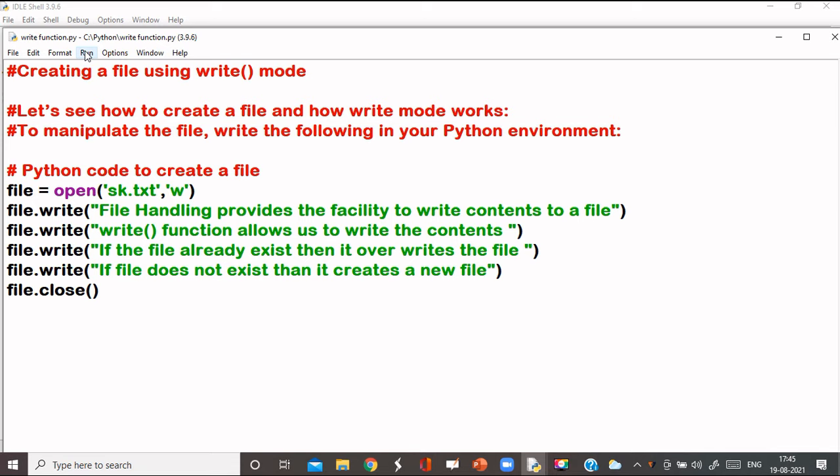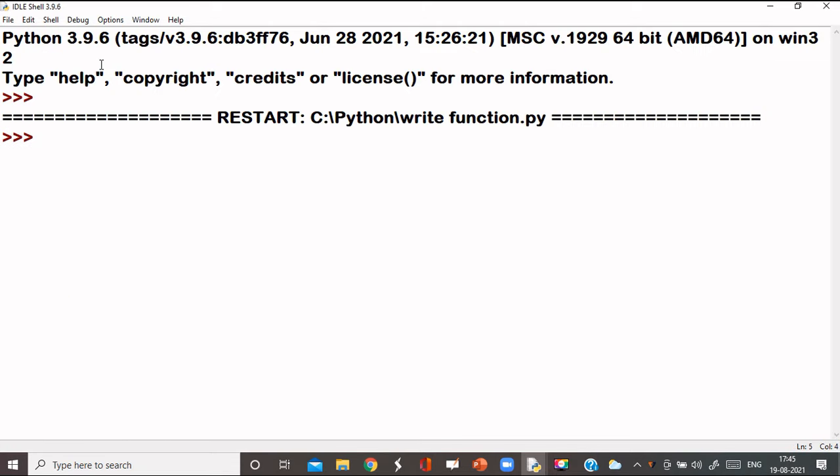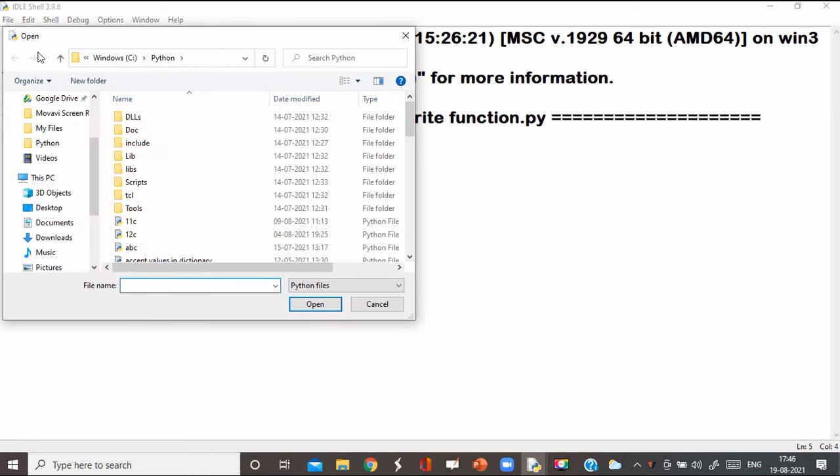So run this program. You have to see whether the file is created or not. The file name is sk.txt.